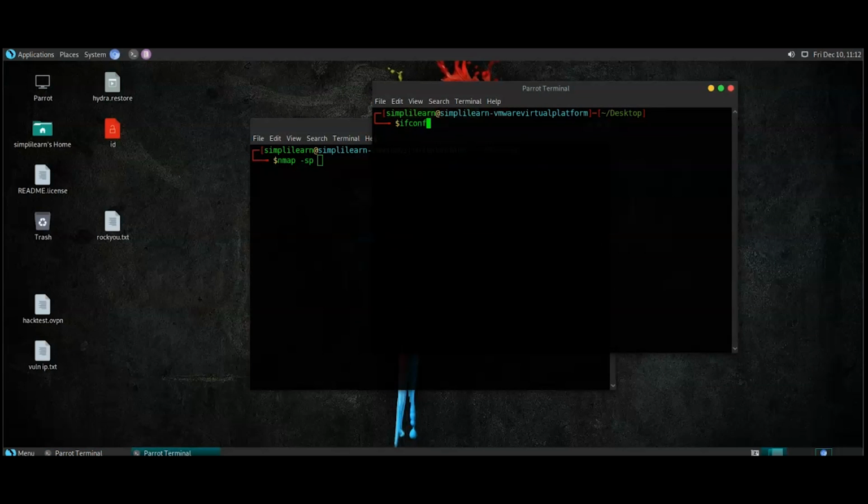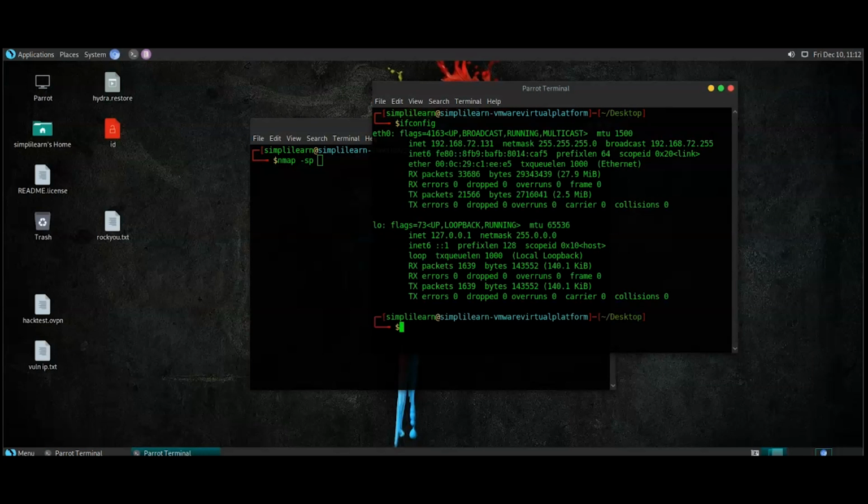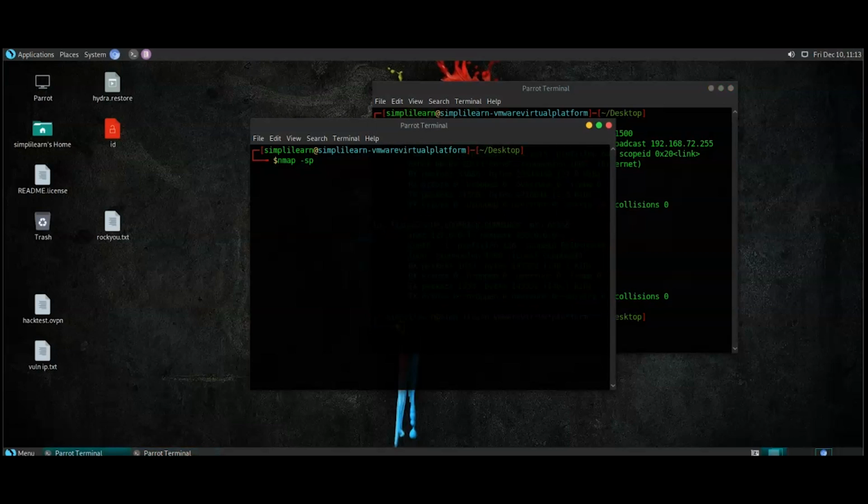We're going to write the command ifconfig and find the subnet in which this system is present. As you can see, the IP address is 192.168.72.131. Now this operating system is being run on a virtual machine software known as VMware. The VMware in itself is running on a Windows 10 operating system. Considering they are now a part of the local network, this IP address is of Parrot Security, and the Windows operating system, which is the host system in my scenario, will fall in this particular subnet. So to run our scan, we're going to target